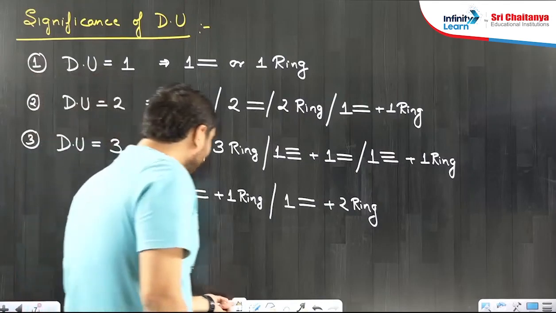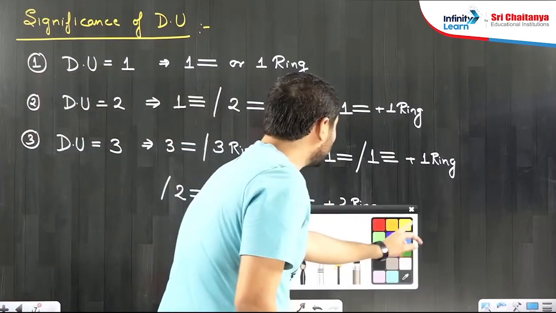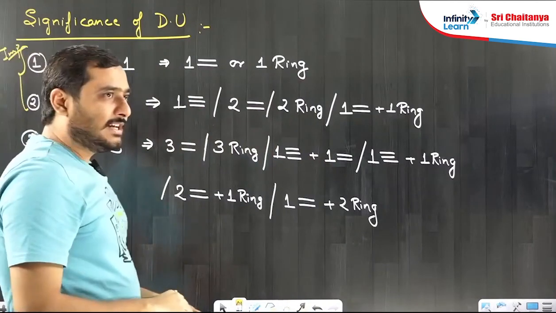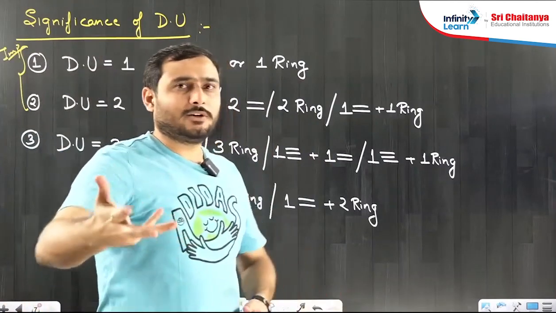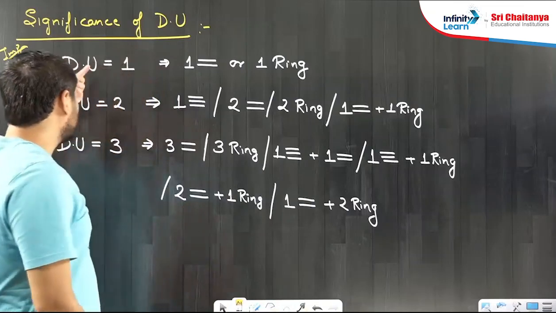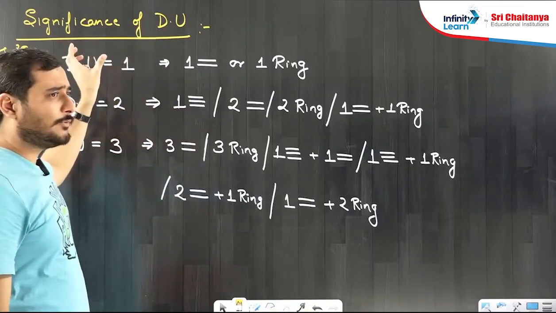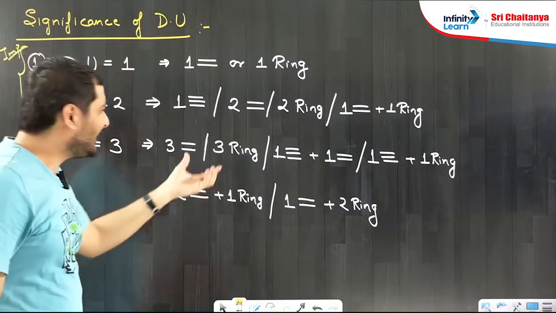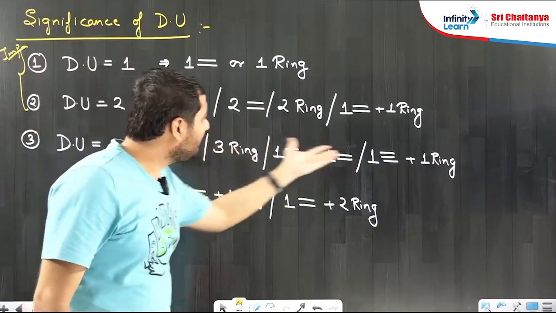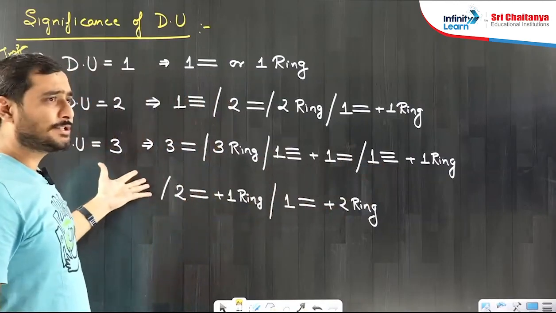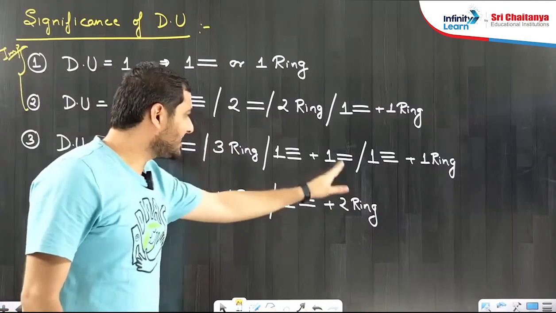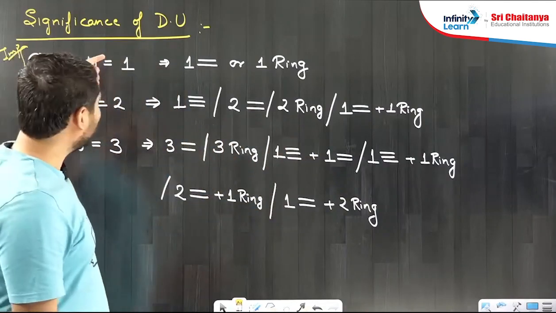But remember, degree of unsaturation 3 they will not give in questions. Maximum in the NEET exam you will get degree of unsaturation 1 and 2. They will ask how many isomers are possible for a compound. So most of the time they will give a molecular formula with degree of unsaturation 1 or 2. 3 has very little chance, because many possible combinations are there, so many structures are possible. So they will not ask about degree of unsaturation 3, maximum 1 and 2.